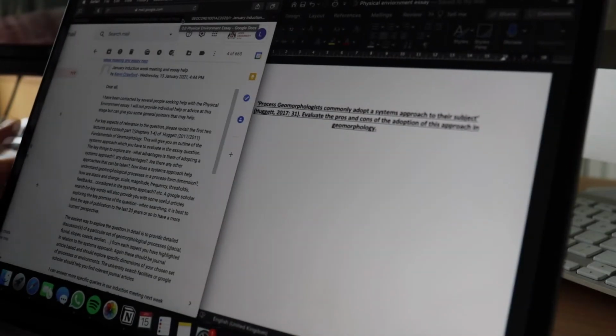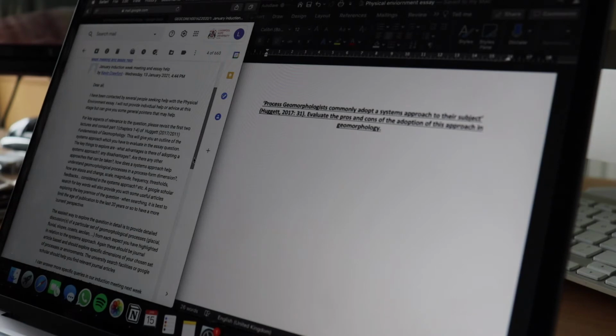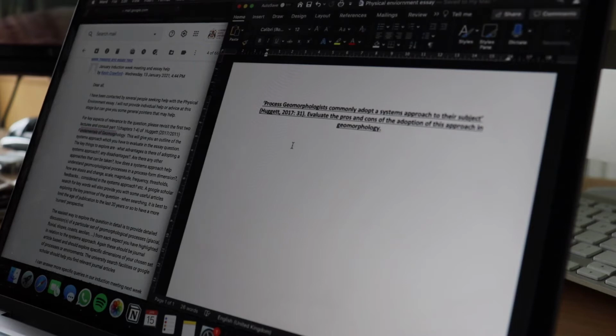The guidance says, for key aspects of relevance to the question, please revisit the first two lectures and consult part 1 of the book Fundamentals of Geomorphology. And the key things to explore are, this is what I'm going to note down because this is what I actually need to address in my question. So it says here,